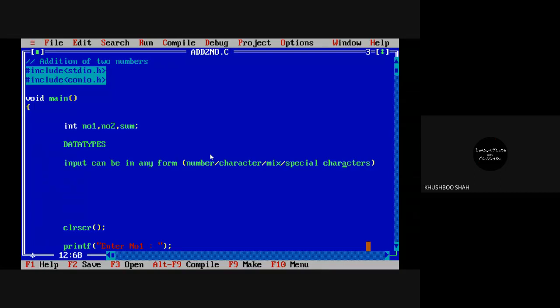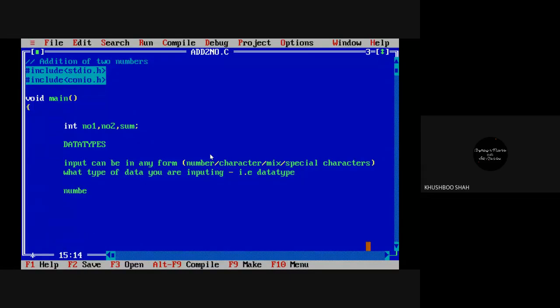So what type of data you are providing to the system, what type of data you are inputting, that we call the data type.